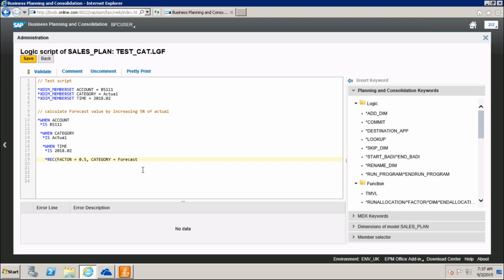And also my time I wanted to keep, separated by comma, time is equal to 2018.03. So this is my calculation I am doing here.